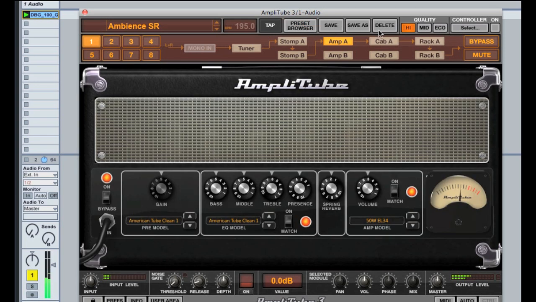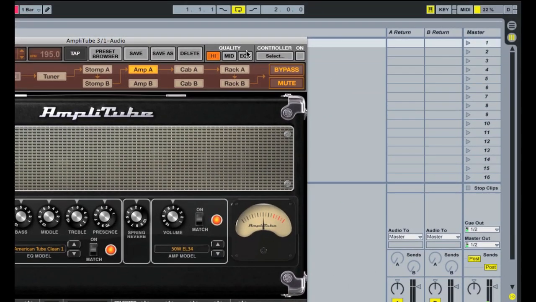We can save our own presets or delete them, so we can build up our own configurations. Then we've got the quality mode. Amplitube can be quite heavy on your CPU, particularly with all the room mathematics that it's trying to do. So you've got quality modes here to go easier on your CPU. You can see here I've got basically just one loop and one instance of Amplitube running, and my CPU is up to sort of